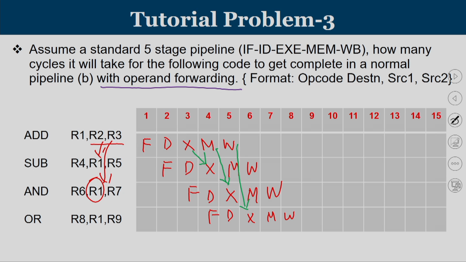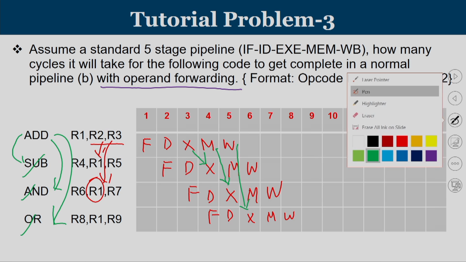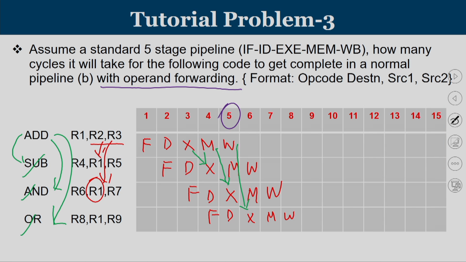The value from the output of the ALU is given to the input of the ALU. Here, from the output of the mem stage it is given to the input of the ALU, and here, from the output of the write back stage it is given to the input of the ALU, such that the second, third and fourth instructions can work in their assigned time slots, because the ALU will get the data by appropriate operand forwarding. So, we can see that the first instruction completes by 6 and thereafter every instruction completes at the same rate. The whole thing will get over at 8 clock cycles.